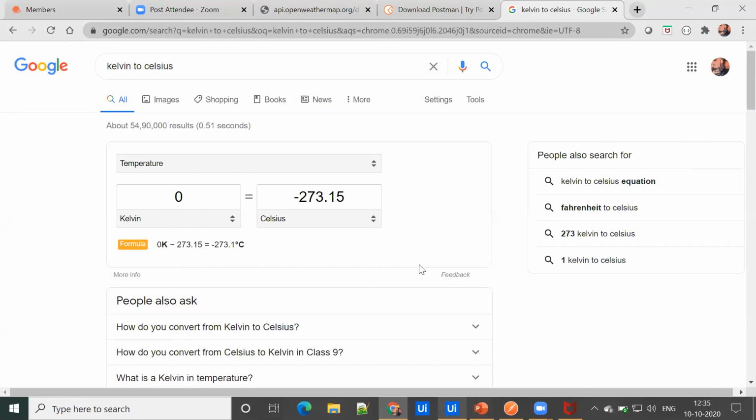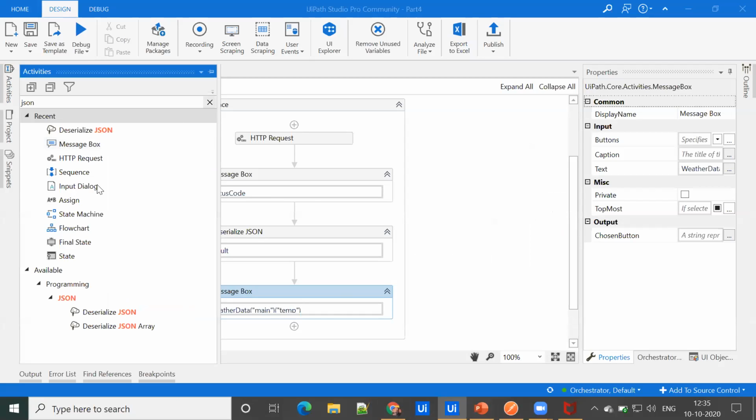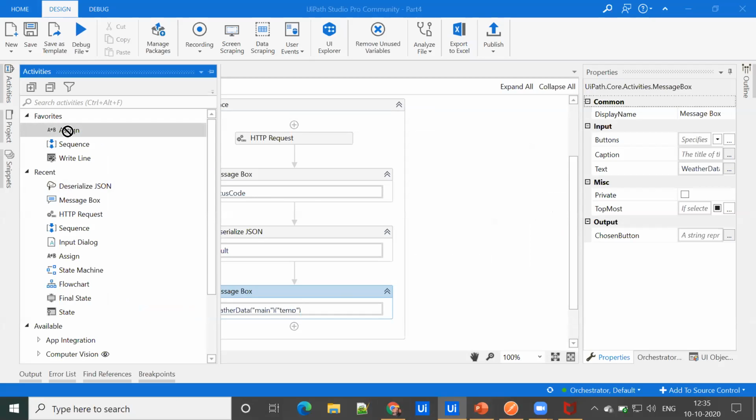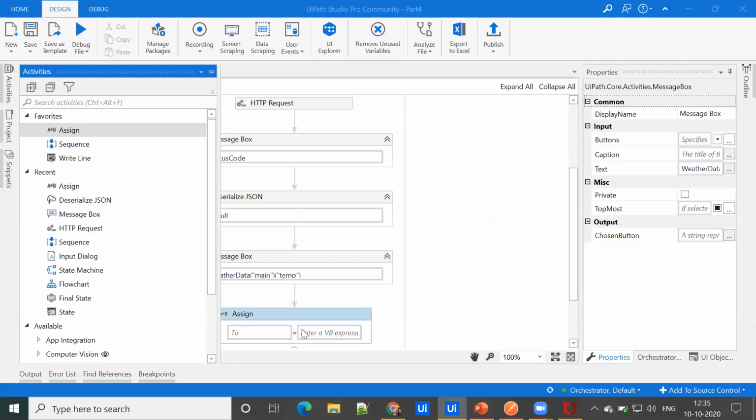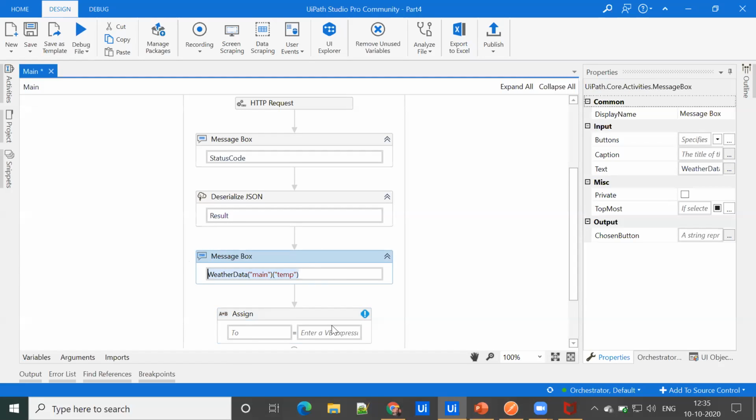So we are going to do the same. We will drag an Assign activity here, and we will be passing this value.